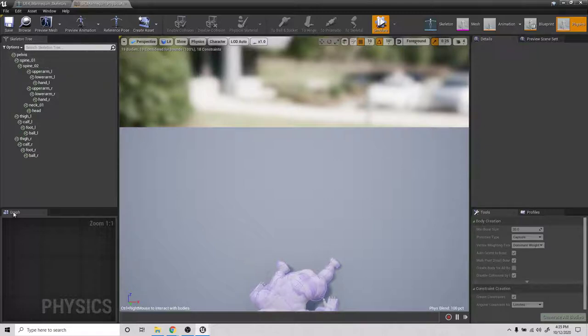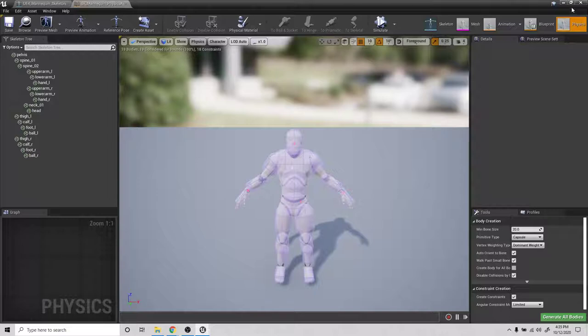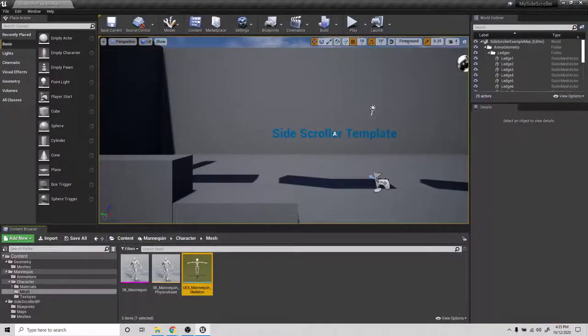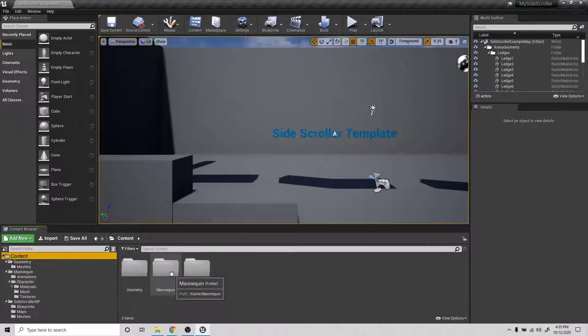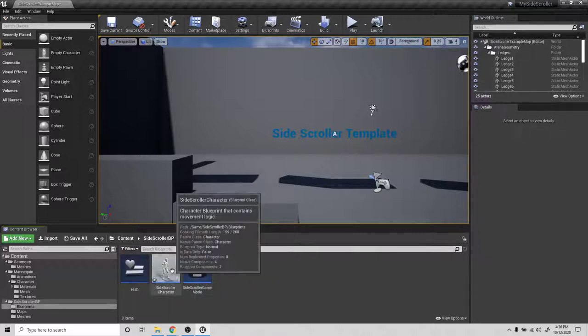We can see that it's running from the pelvis down here. Okay, so let's close out of this and let's go back to the content, side scroller BP for blueprints, side